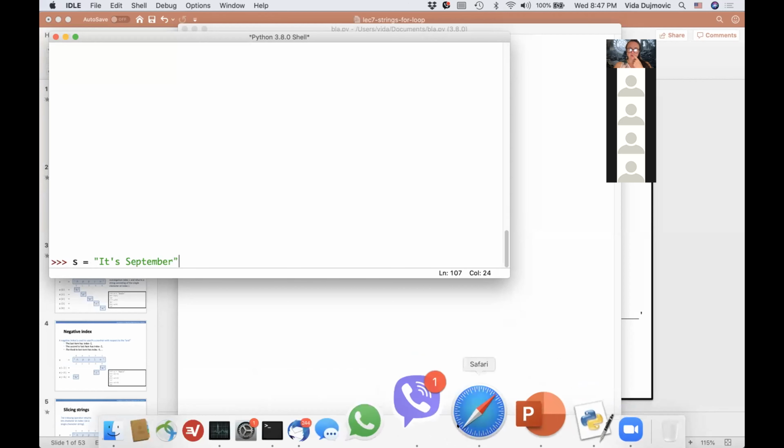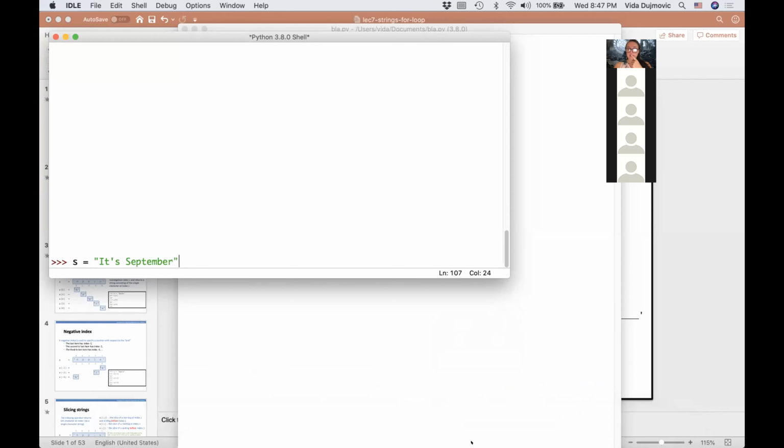That's a string that we just created, and we saw that the in operator can answer questions of the type: is EP, a substring, in string S? We get the answer True. You can also ask, is it not in string S? Well, the answer is False. It's not true that EP is not in S.